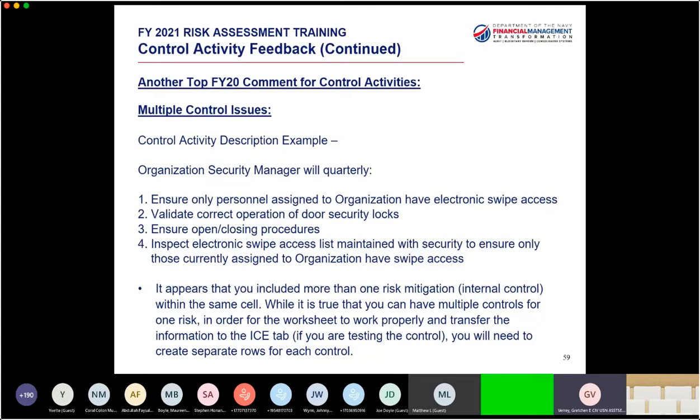So our recommendation is that for each distinct control activity, if it doesn't work together with the other ones, that you include it on a separate row. So a risk can have multiple controls associated with it. That's perfectly fine. And then that way you can select which ones you're going to test, so that you aren't necessarily indicating that you're going to test everything.